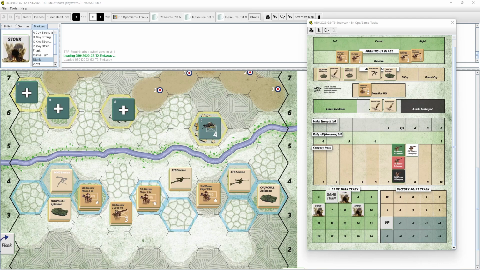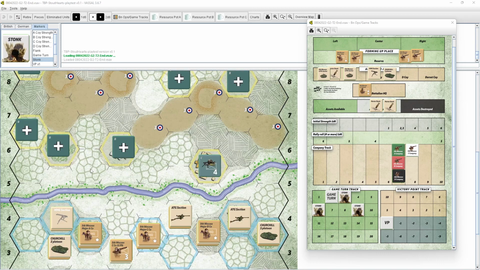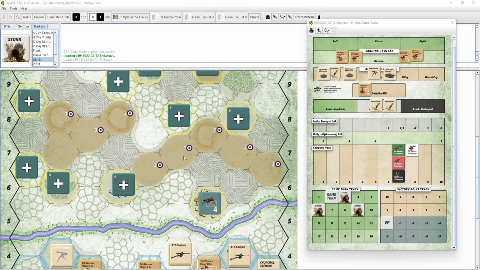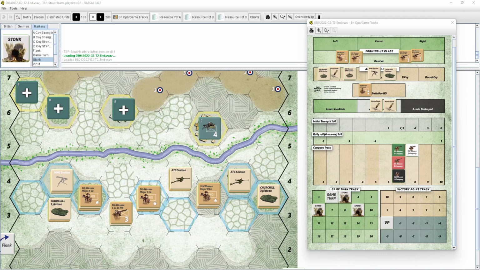The British have been successful, at least, in clearing the German outpost line here. So if you read the rules, there is a game turn 8 check that says if there's any German outpost hexes still occupied at game turn 8, it's -3 VPs. So I think they're going to meet that one. The main line they have to have cleared by turn 12. So all of this needs to be cleared by turn 12 as a checkpoint also when it comes to victory